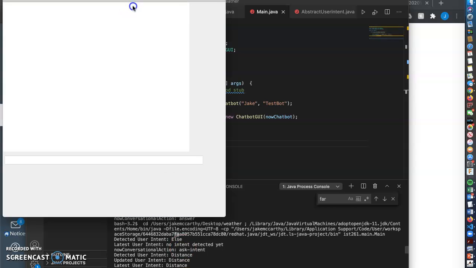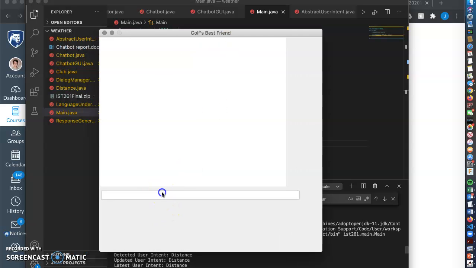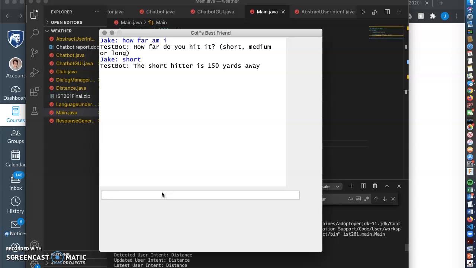As you can see, it pulls up Golf's Best Friend, and I can say, how far am I? And it'll ask me how far do I hit it. I'll say short. So it's just like a clarifying question, and then it'll say the short hitter is 150 yards